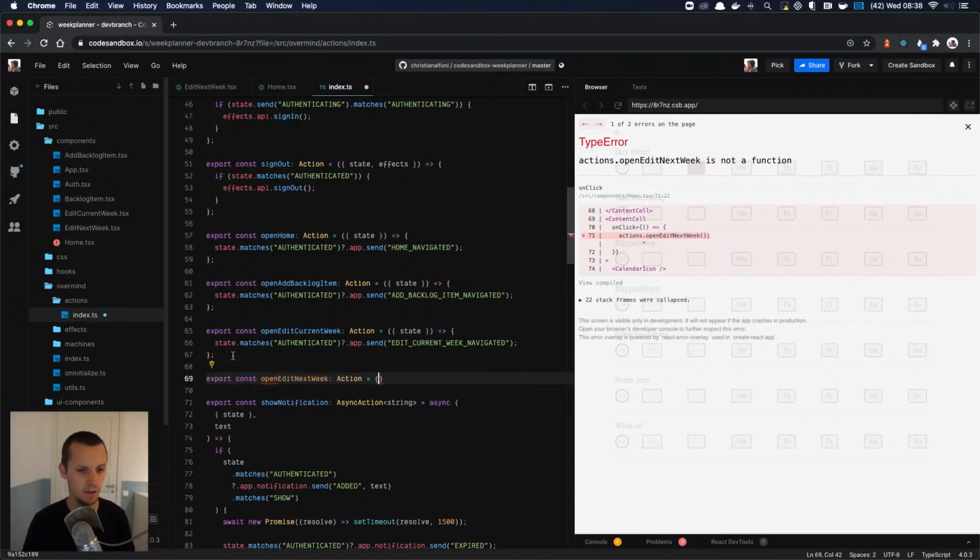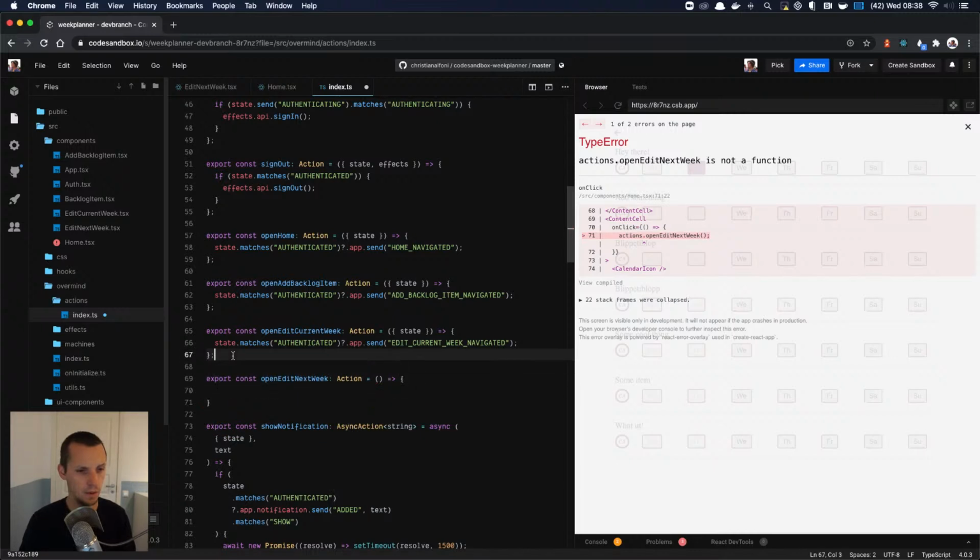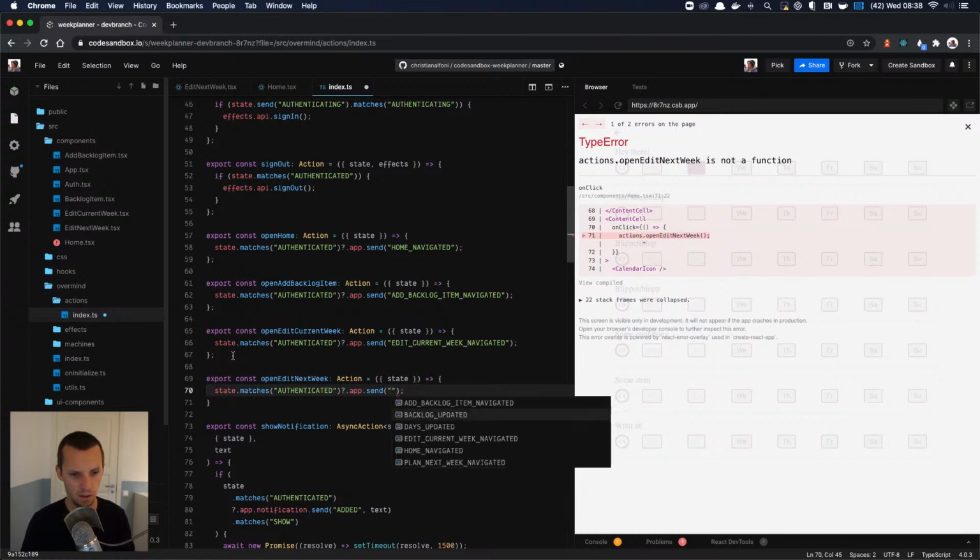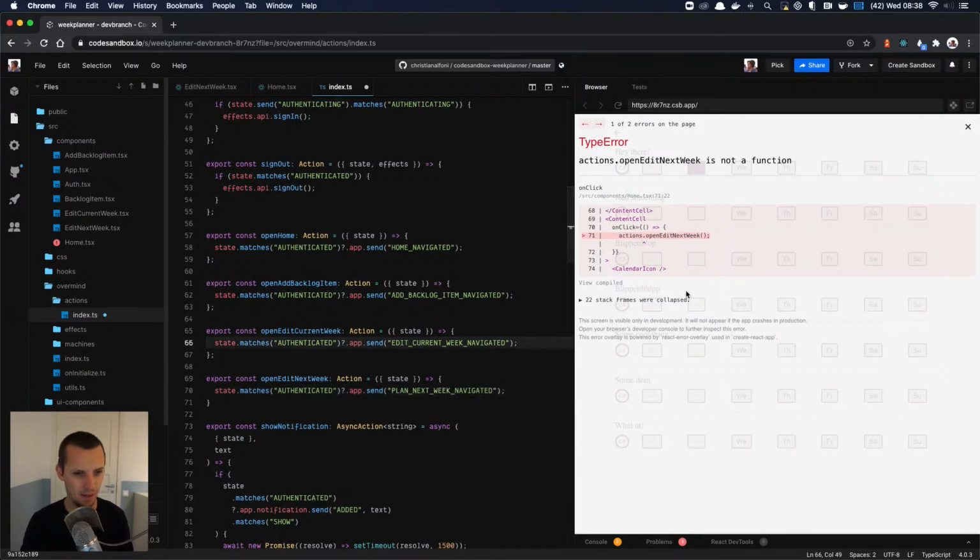That's also an action, which basically does the same, only we state edit plan next week. Oh, here I'm saying plan, here I'm saying edit. So I guess they should edit.